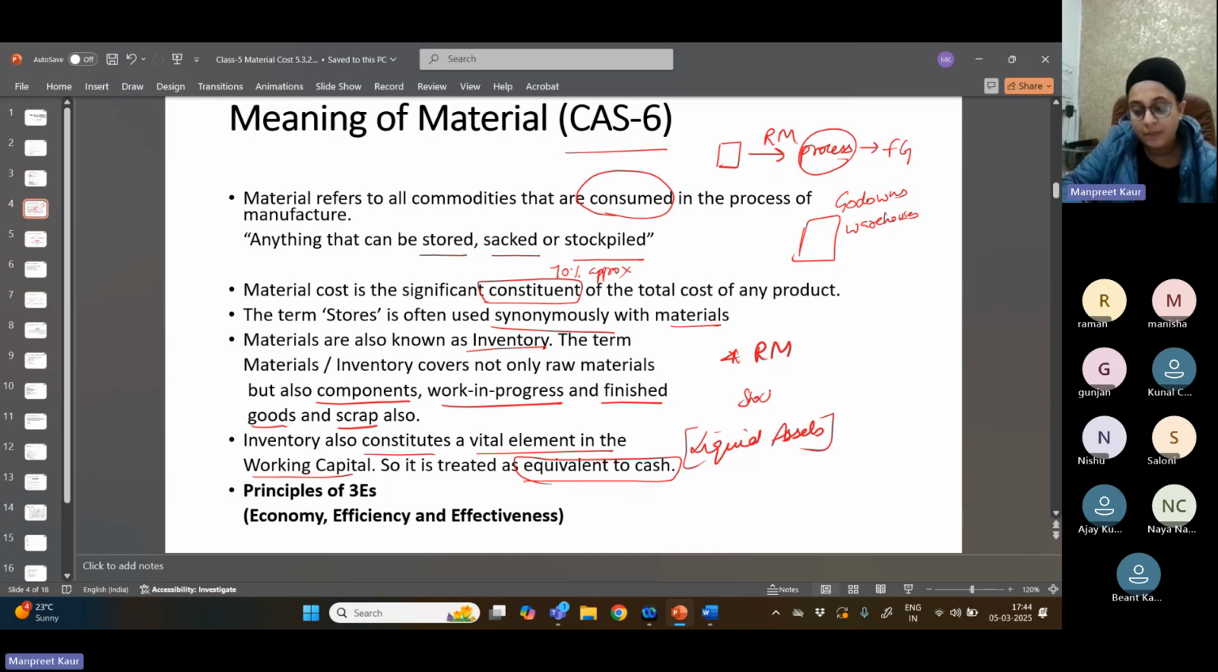Stock is known as liquid assets because ਆਪਾਂ जब balance sheet prepare ਕਰਦੇ ਹਾਂ ਤੇ ਉਹਦੇ ਵਿੱਚ we use the word stock. Stock of opening, closing stock. So stock means stores means inventory means materials. There are three principles of material, that is 3 E's: economy, efficiency, and effectiveness. So in brief, in simple language,